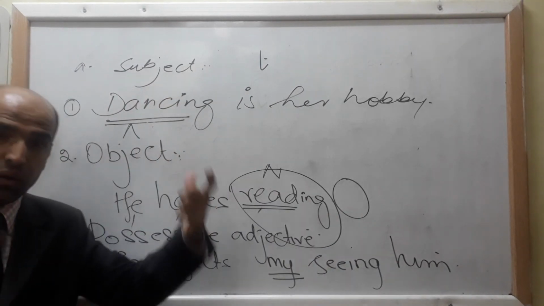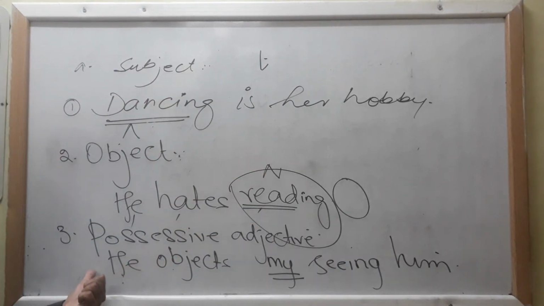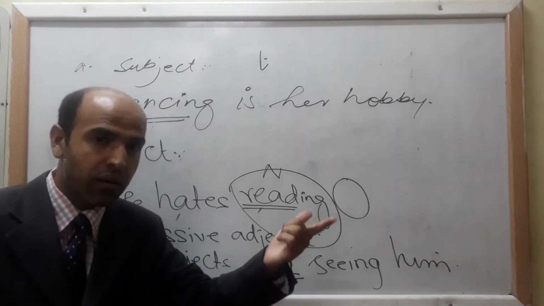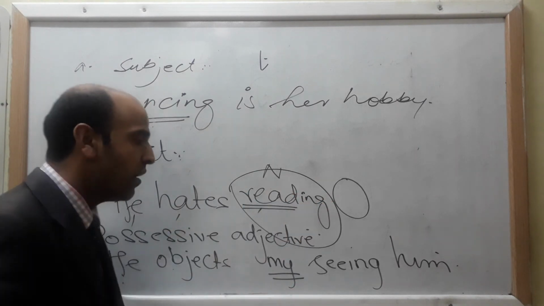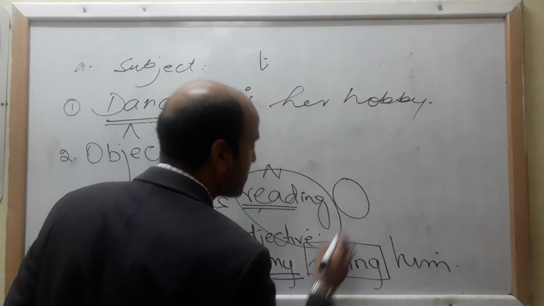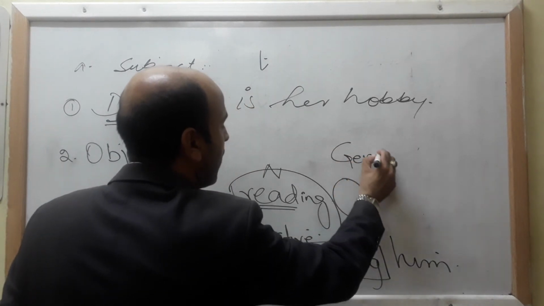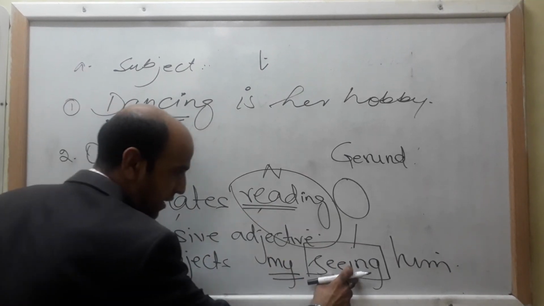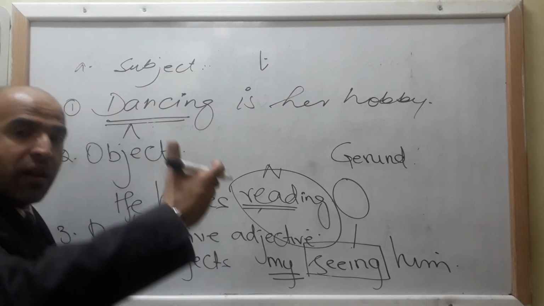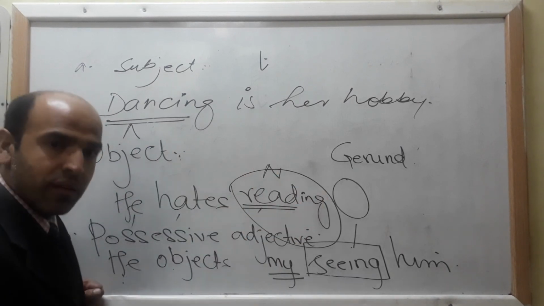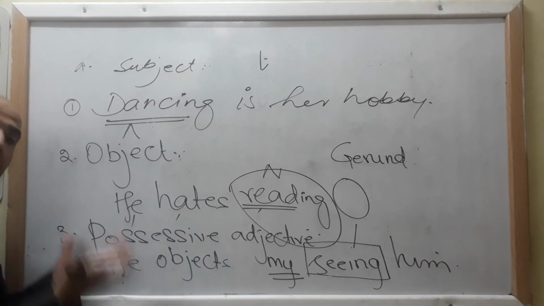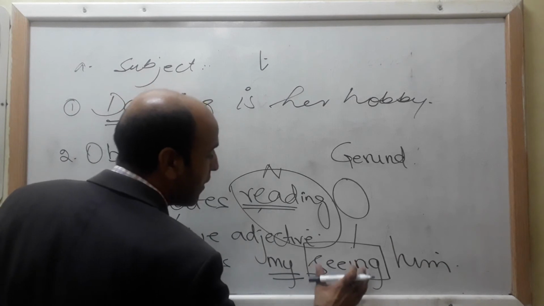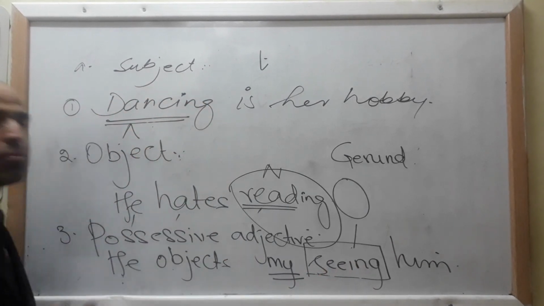मेरा मिलना उससे अच्छा नहीं लगता. Clear? वो मोतरिज है, उसको एतराज है मेरे उसके मिलने पर, मेरा मिलना उसको अच्छा नहीं लगता. So here seeing is functioning as a gerund. Why is it so? I have told you earlier that V1 plus ing, but here it is functioning as a noun. Clear? मेरी मुलाकात, मेरा मिलना, it means that मेरी मुलाकात noun है. So here seeing is a gerund that is used after possessive adjective.